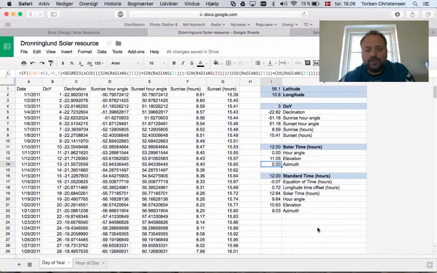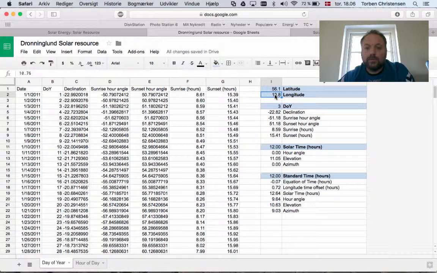Hi, I'll just make a short description on how to make the solar resource calculation in the spreadsheet I've provided. Basically, most you need is these formulas on the right hand side of the first sheet, where we got latitude and longitude for our site,